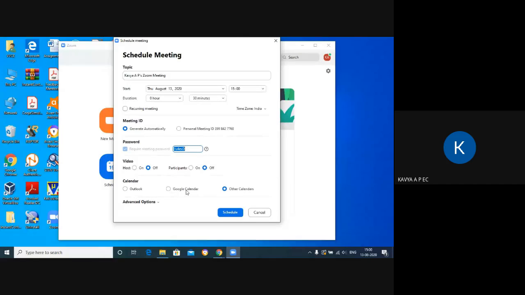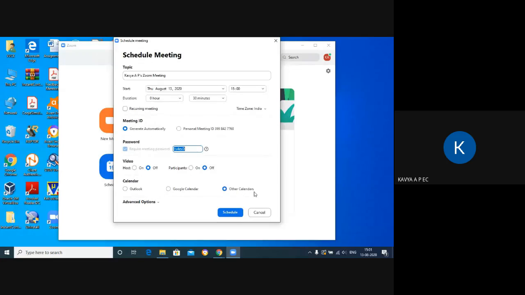Google Calendar will remind you that there is a class. You can put the reminder like 10 minutes before, and remind yourself and your students that there's a class at this time, on this date. That reminder message will go.